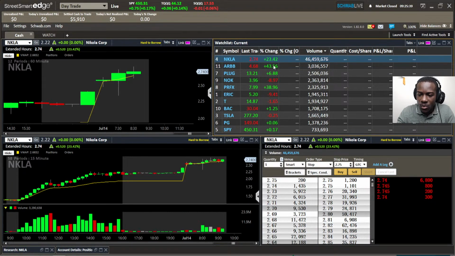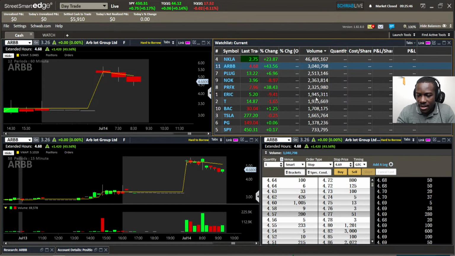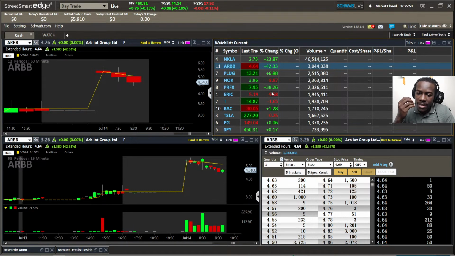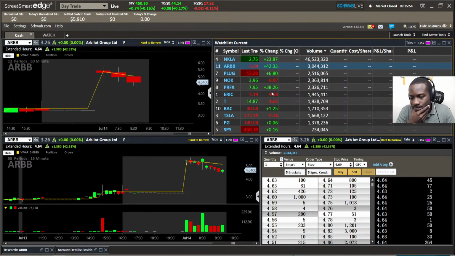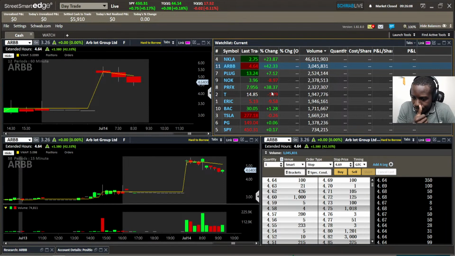It's only up 23%. I'm thinking ARBB will be the next in line to take something because it is technically at the top as well, number 2 on the day. These scans that I use are looking for things over $2. So, anything under $2, we saw a couple of under $2 movers moving towards 2. But it's like when they get to 2, the brakes are put on and they just seize up.